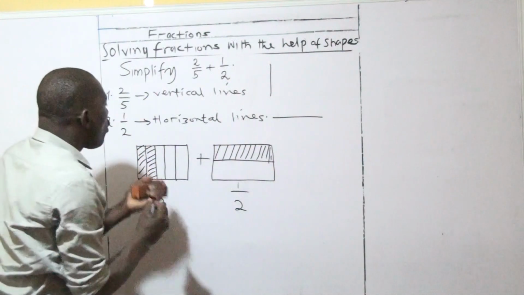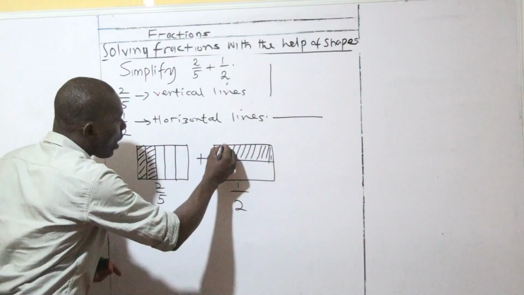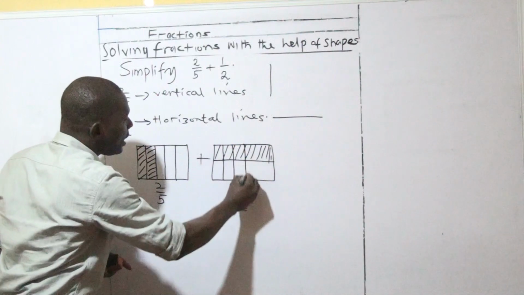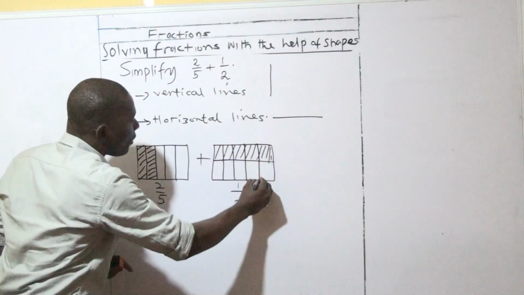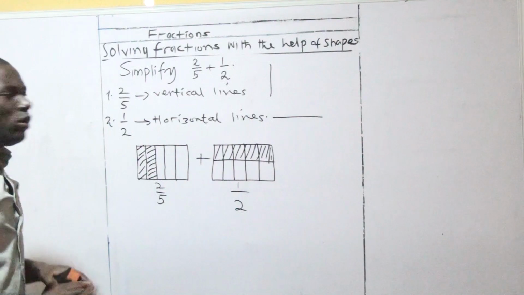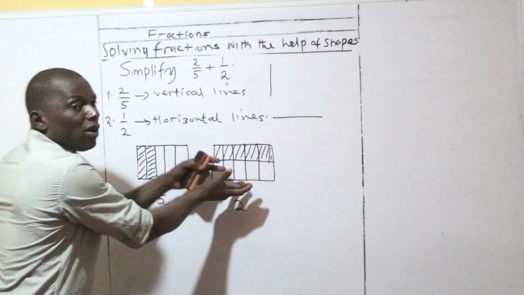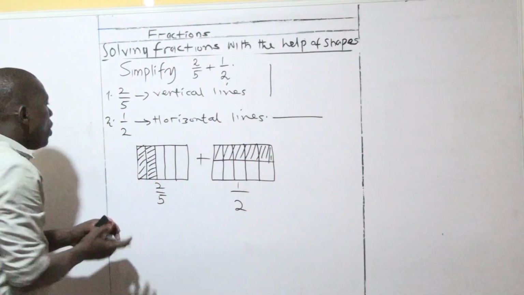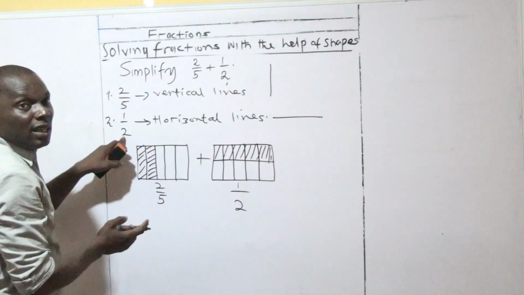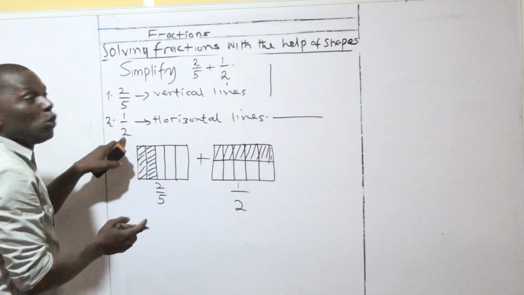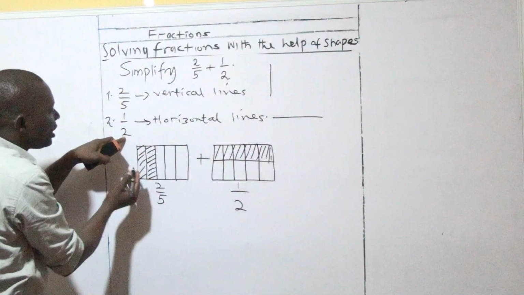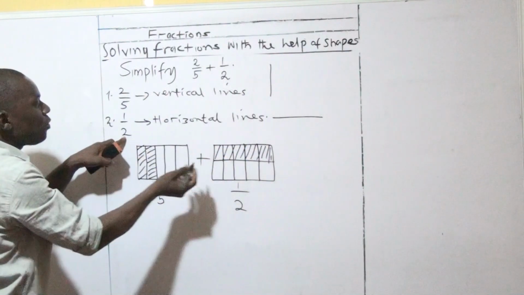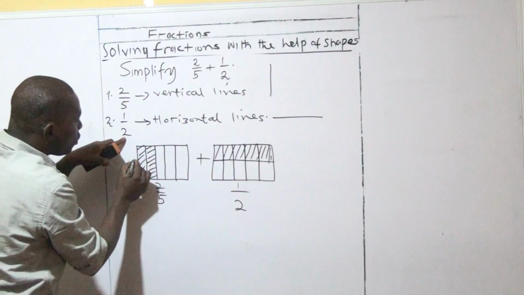Now we will cut it into 5 equal parts. So come here, we say 1, 2, 3, 4, 5. Right? We'll be able to make this shape half look like this. Then we'll look at the second fraction here. The denominator is what? Half. We will now transfer it to the first fraction, which is this one. The line here is horizontal, so we'll come to this fraction here and cut this one into